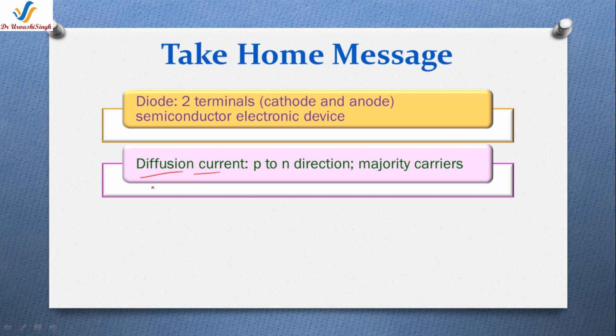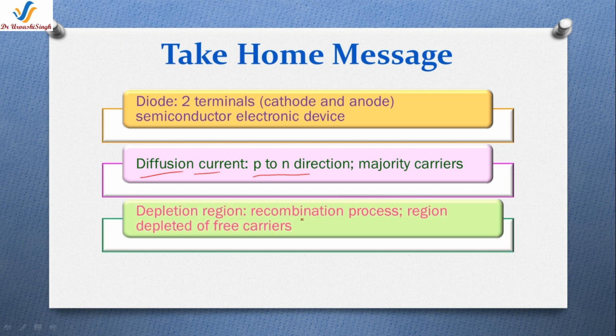P-type material has a majority of holes. The concentration of holes is higher in the P region and lower in the N region, which will cause a diffusion of the holes from P to N side, and similarly electrons will diffuse from N to P side, and this will constitute a diffusion current in the direction P to N. And as the holes and electrons diffuse, there are chances that these holes may recombine with some of the majority carriers at the side of the N region, and similarly for the electrons. When they recombine, they will disappear and leave behind some immobile ions.